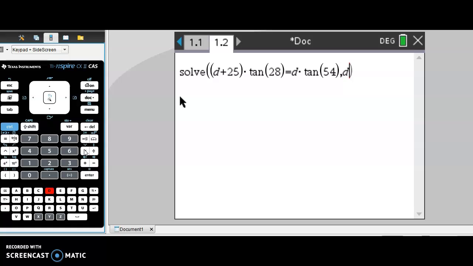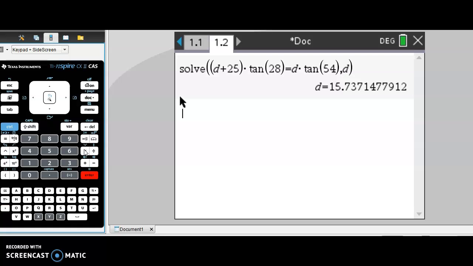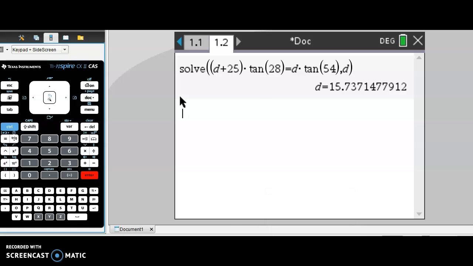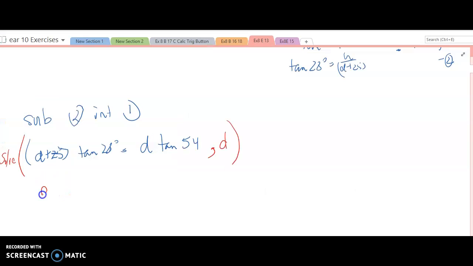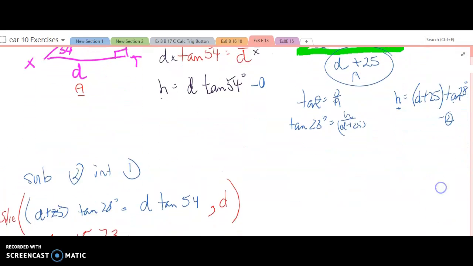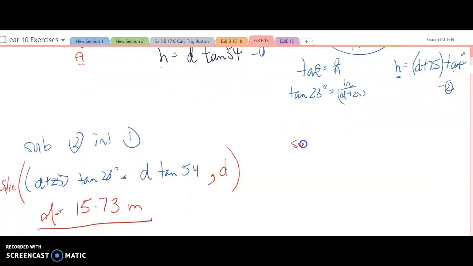We're trying to solve for D, and there we have D is 15.73 meters. So D equals 15.73 meters, and there's our distance. We now have found what D is, and to get H, we'll just substitute into either one of those two equations. Obviously, we'll substitute D equals